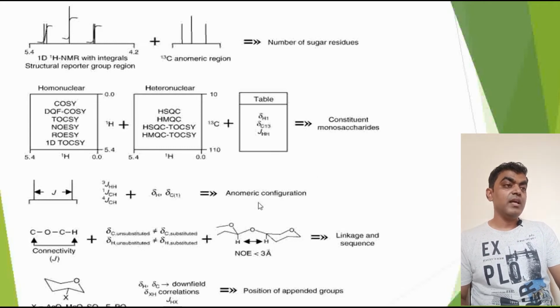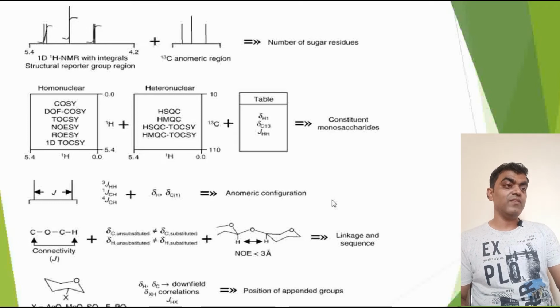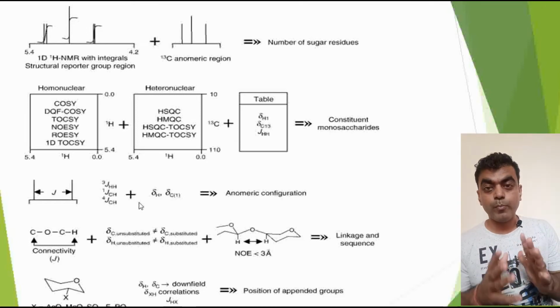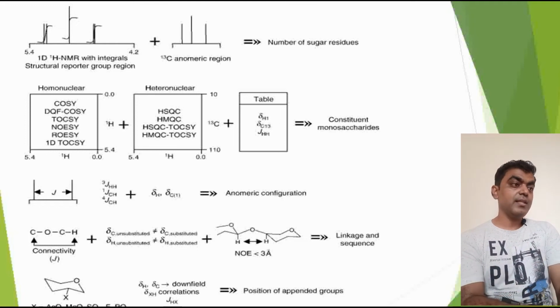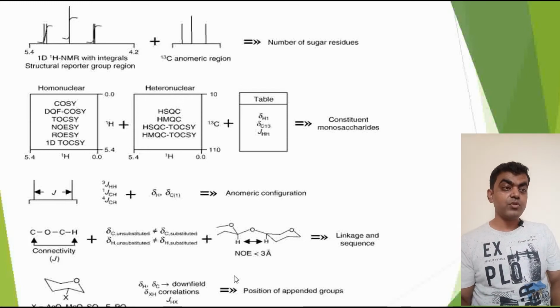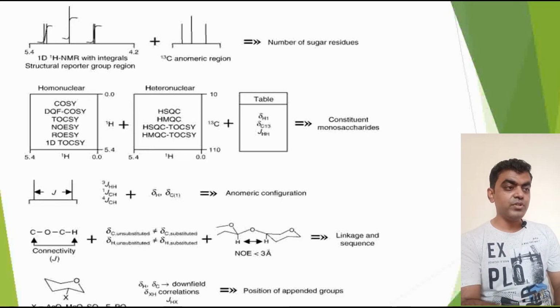So as you see here, in case of an anomeric configuration, the J value is very important. You need to have the ppm positions for proton as well as carbon, and then you can do it. Similarly, linkage and sequence. So you see here, this is the Overhauser effect. With the Overhauser effect, which is less than 3 Angstrom here, you can identify that also spatially, whether they are oriented and how closely they are positioned. You are also having it,